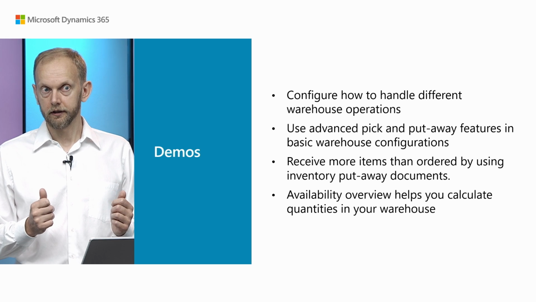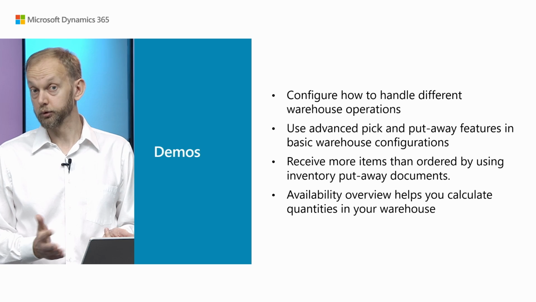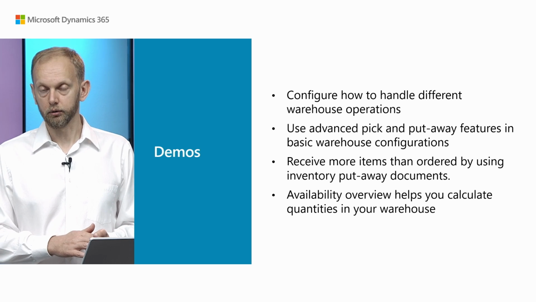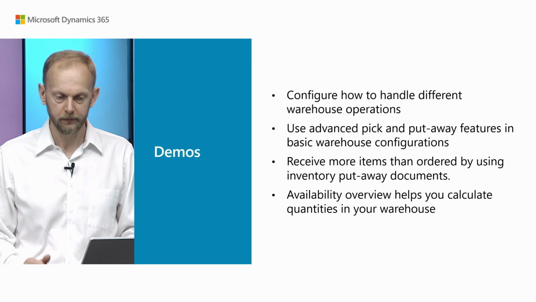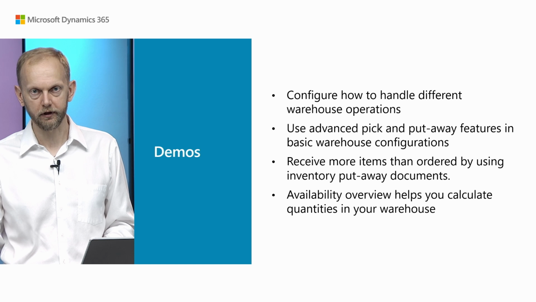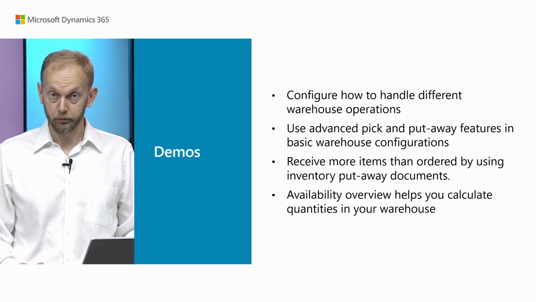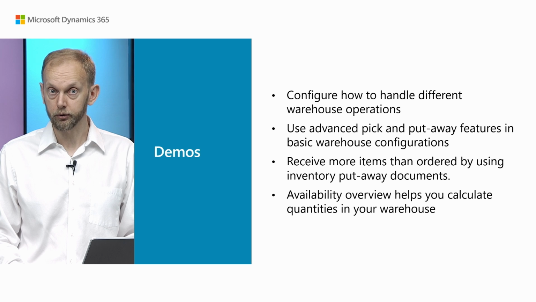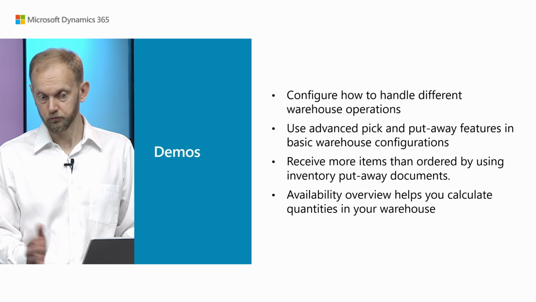And also, even if we're using the basic warehouse, we can still benefit from advanced capabilities like put-away templates, picking by ranking, and also allowing or not allowing creation of lines in pick and put-away documents if there are some problems. It means we allow or do not allow the warehouse employee or warehouse manager to solve problems by themselves, giving them some control. Also, we have the ability to receive more than ordered, using inventory put-away together with a direct update of a purchase document or warehouse receipt.